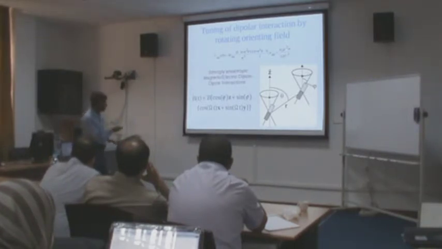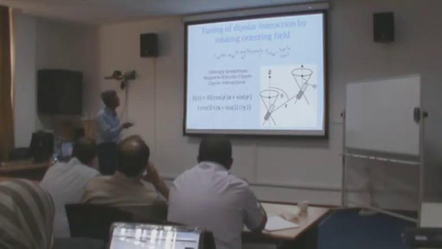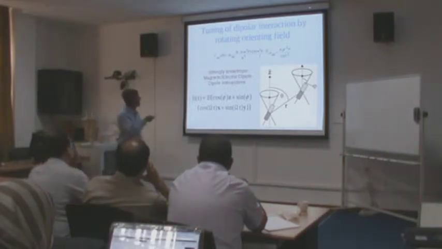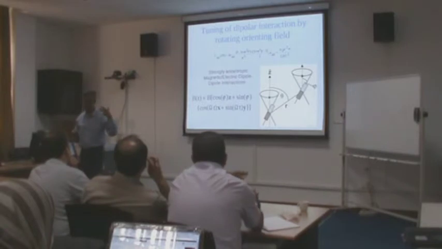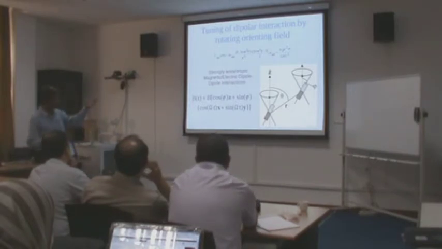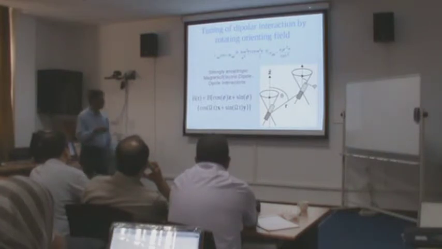Once it is reduced, because this rotates, this will be the projection which will make a cosine theta, cosine phi angle with the z axis. So it is reduced. So that will give an average value of the dipole moment in the z direction, which can be reduced to 0 or even to some negative value. And this is called the tuning.